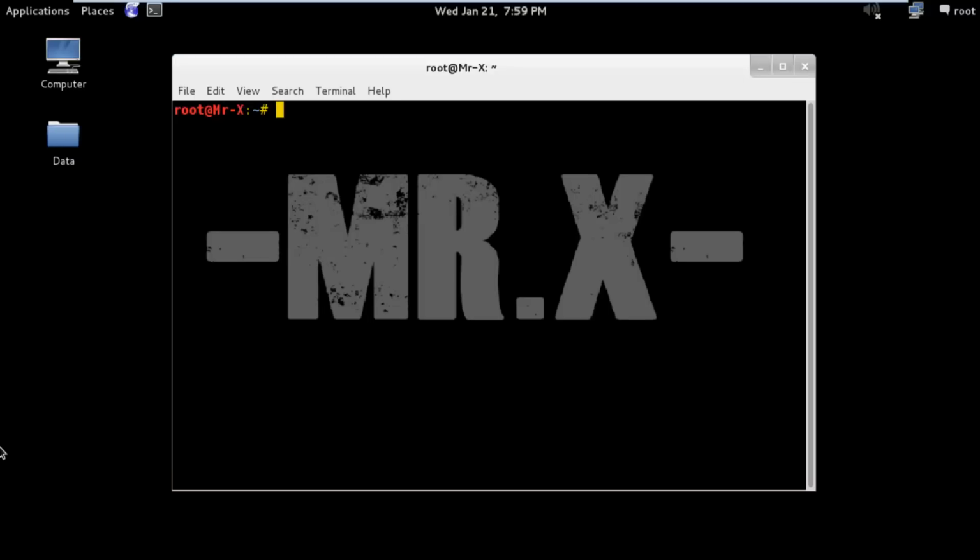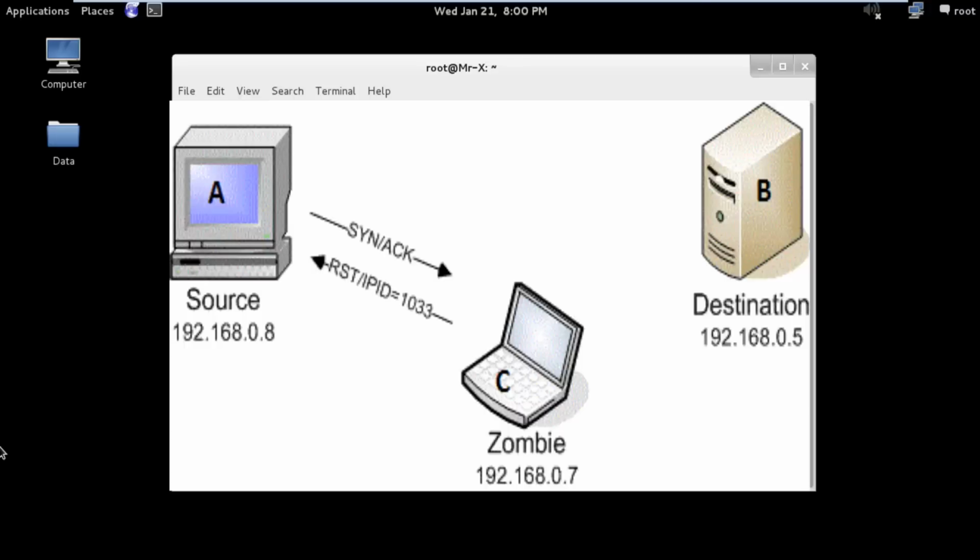Now let's move to our topic, how idle or zombie scans work. Every IP packet on the internet has a fragment identification number, called the IP ID, which is incremented by 1 by the operating system for every packet transmission. Hence, if we record the IP ID of a computer, we can compute the number of packets it sent after a certain time. Now assume computer A wants to scan computer B while computer C is being used as the zombie. First of all, A will ask to communicate with C. From C's response, A notes that C's IP ID is 1030.